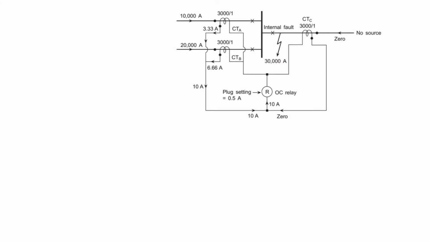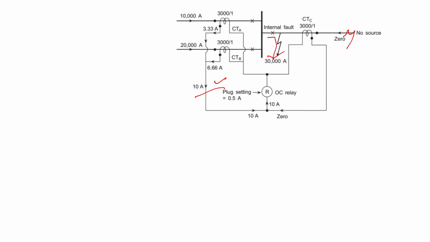Now what happens? Previously the fault was at that very point. Now the fault shifted to the internal fault. It shifts by a small distance to the left and becomes an internal fault, and still it is drawing the same current. From this we will see that the current that it is drawing is 10 ampere, and here we will have no current, because the whole of the current is fed to the fault.